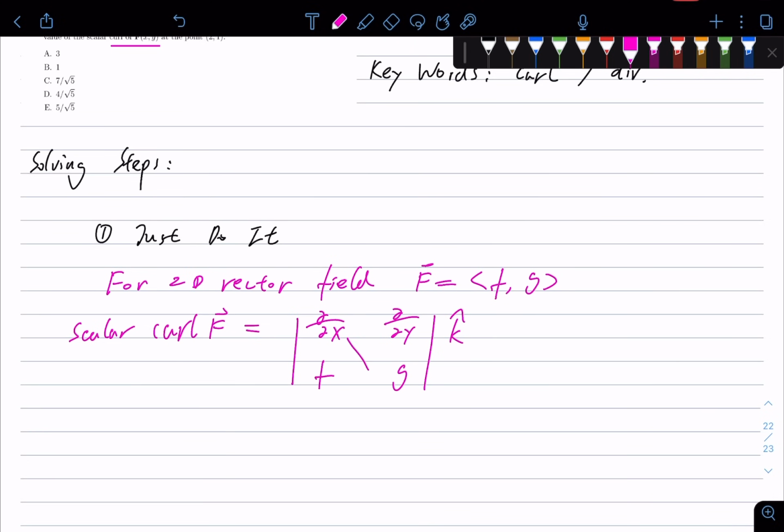Okay, so if you do the cross product right here,